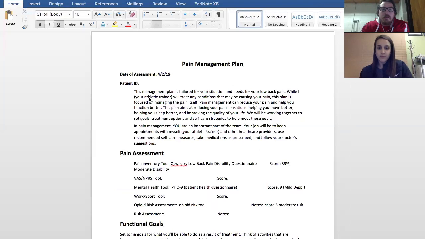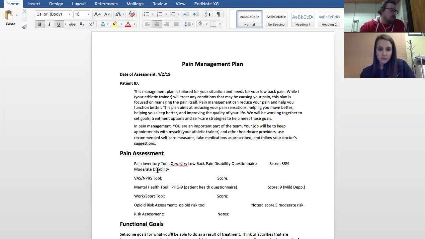So the first thing that I'm going to do is show you what I did with my pain management plan. I know that the first thing we're supposed to talk about is the ask. So what I did is I did some PROs, some pain assessment PROs. The first one that I looked at was the Oswestry Low Back Pain Disability Index. I don't know if you've ever used this one before, but it is